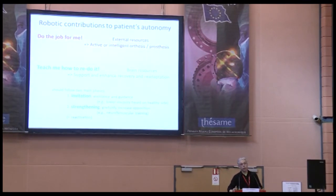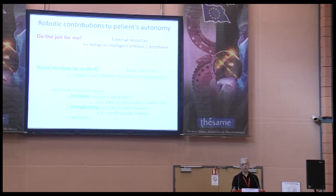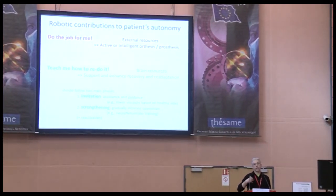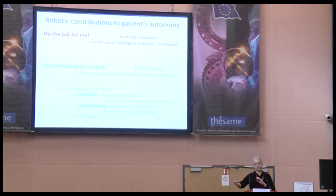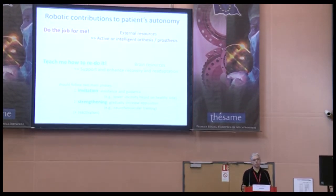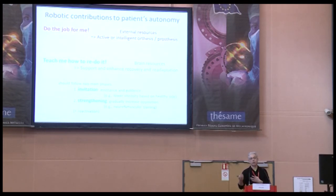In my view, when you want to rehabilitate patients following this track, you should follow two main steps. The first step is to make an invitation to this system. That is, for example, if you take the example of an exoskeleton, you can imagine that this exoskeleton is providing the paralyzed limb with a kind of tunnel where movement is highly facilitated with very low viscosity, maybe negative viscosity if it is possible. And to know exactly what kind of motor command and what kind of coordination patterns you need to inject in this arm to facilitate this movement and invite the sensory motor action to take place again, I think you need to record on the other arm what are the natural properties of the coordination in the subject, because every one of us has different